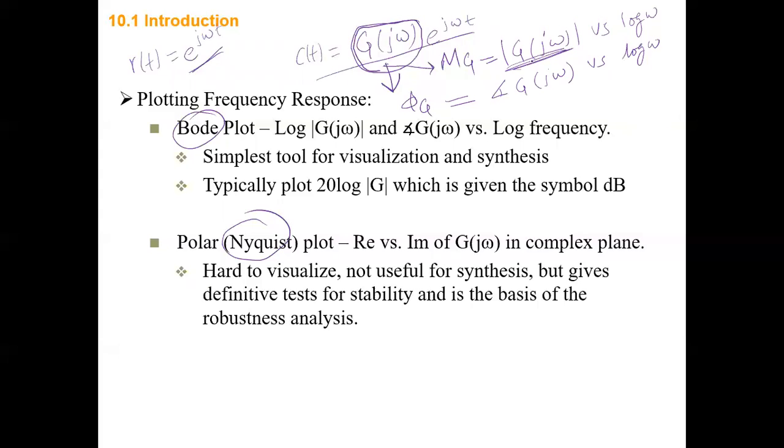You plot the magnitude versus log of omega, and also the phase versus log of omega. These two plots altogether are called the Bode plot,